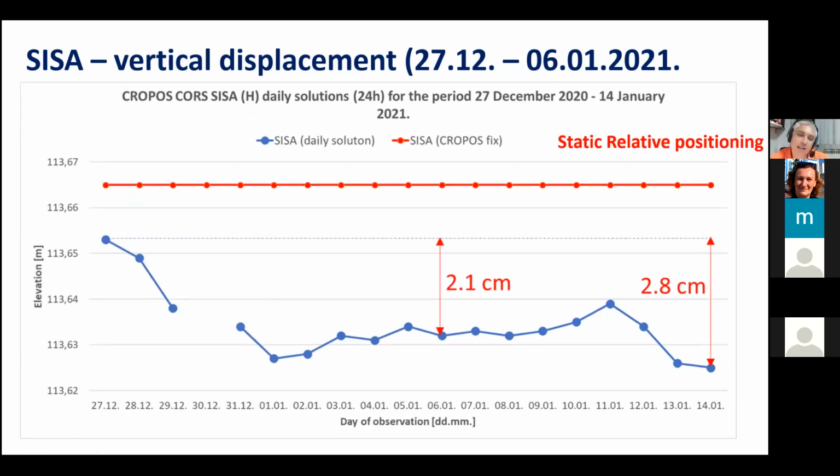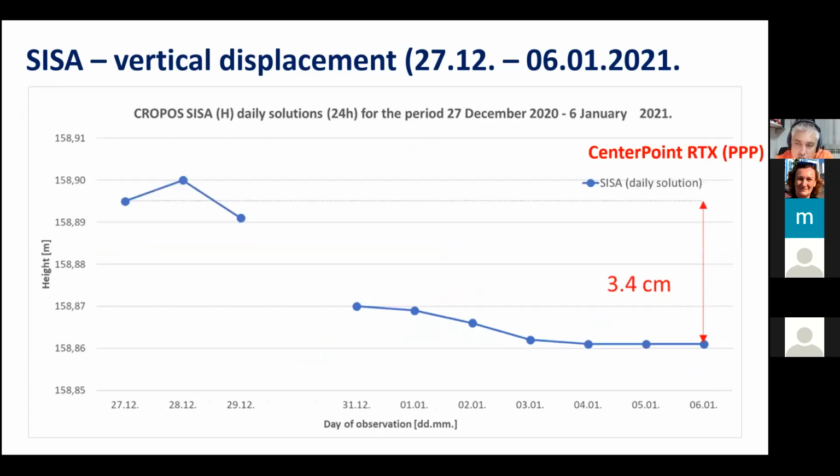positioning, we can see that there is a bigger difference than in horizontal displacement, but this is quite expected since we have to be aware that the heights are determined with worse precision in comparison to horizontal positions. But nevertheless, bearing in mind all the differences between methods, the results match pretty